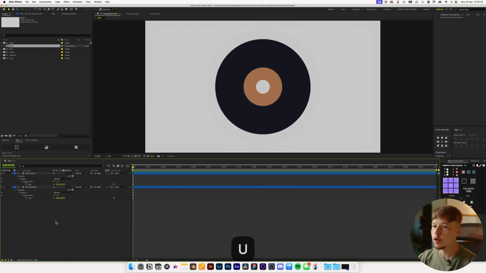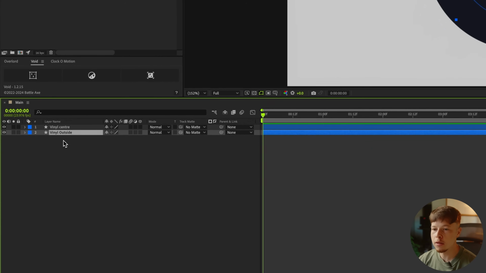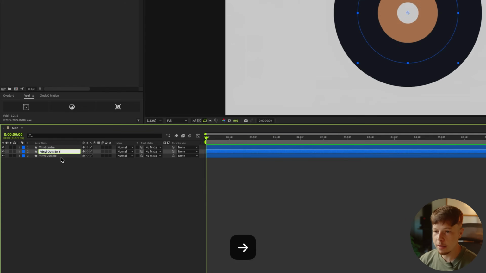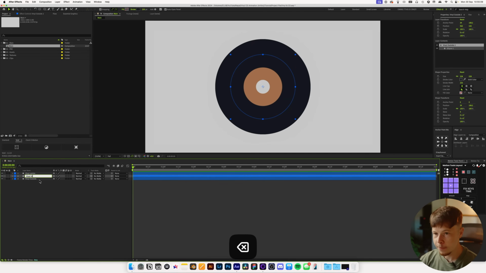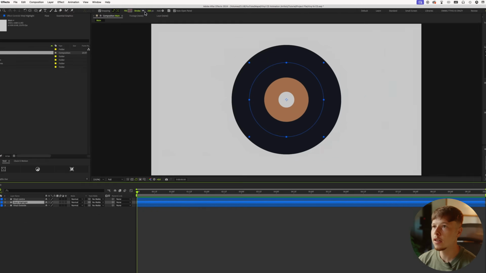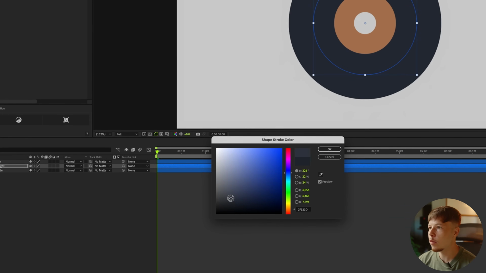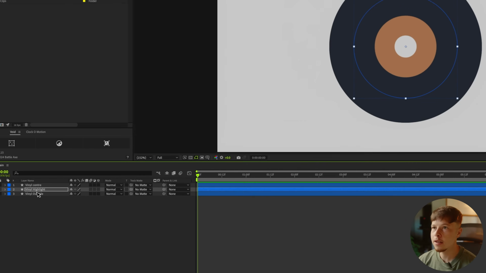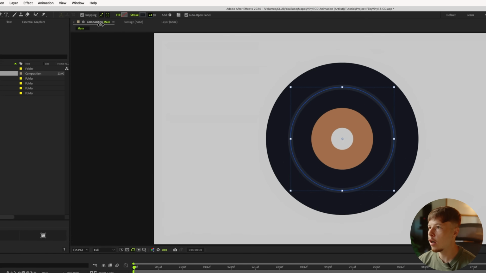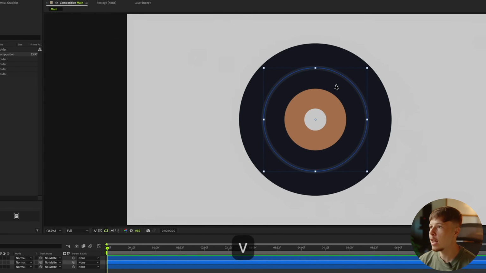Now we can add a little bit of extra spice to it, so we can just duplicate this vinyl outside, and I'm just gonna name this vinyl highlight, and that'll just give us a slight bit of texture in here. And I just wanna set the color to a little bit lighter than what we have it already, like that. And then I wanna decrease it a whole bunch, so it's just like a thin edge, as you can see